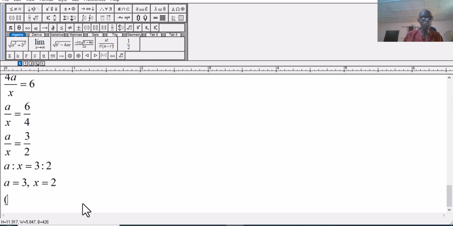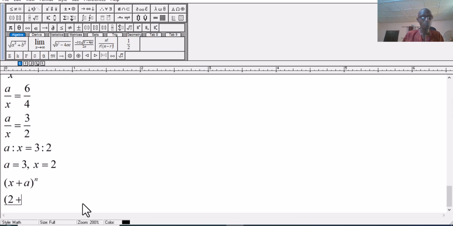So the question will be, since it is (x plus a) raised to the power of n, what it means is 2 plus 3 raised to the power of 5. So we can try it. 2 raised to the power of 5 plus 5,